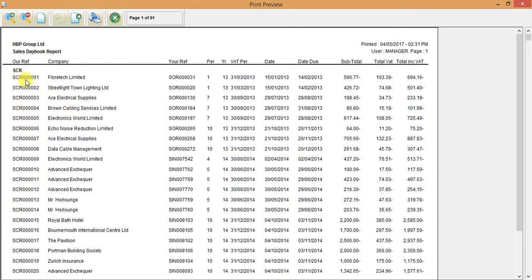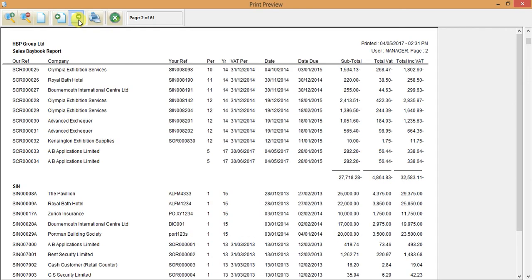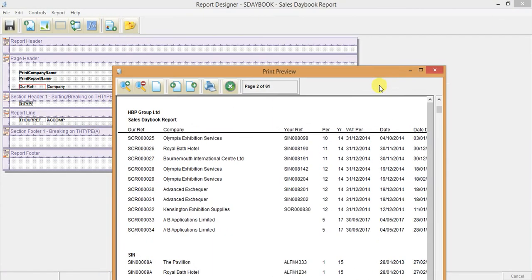It looks like it's sorted by that transaction reference field, so we'll have a sorting field on there for that. And there's some total information here. And you can see here that there's totals, so that is actually referring to